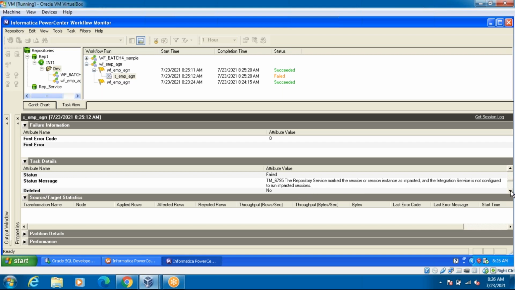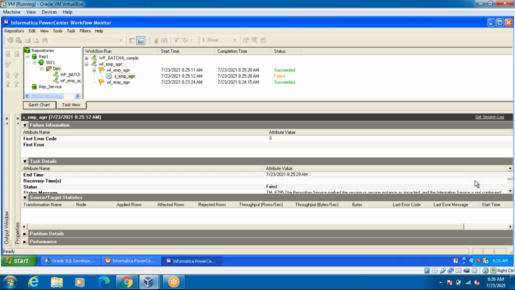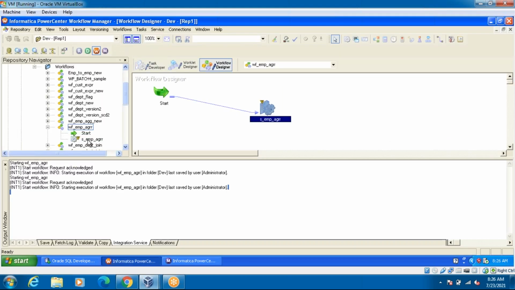So they didn't configure it, guys. That is the reason it's not executed, not even started. We'll see some other workflow for aggregate transformation. I'm going to check this one. One more is there.